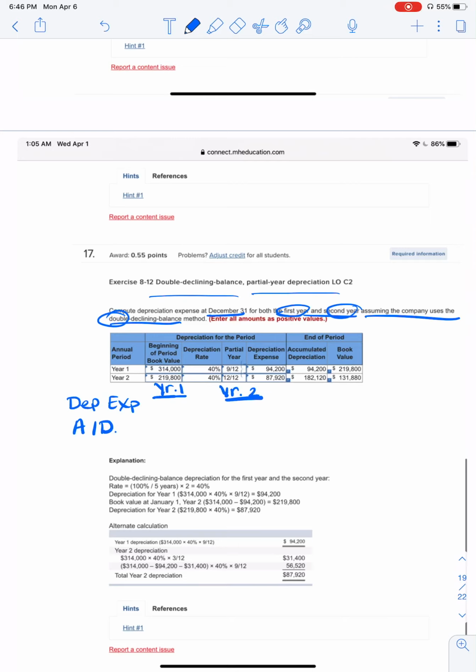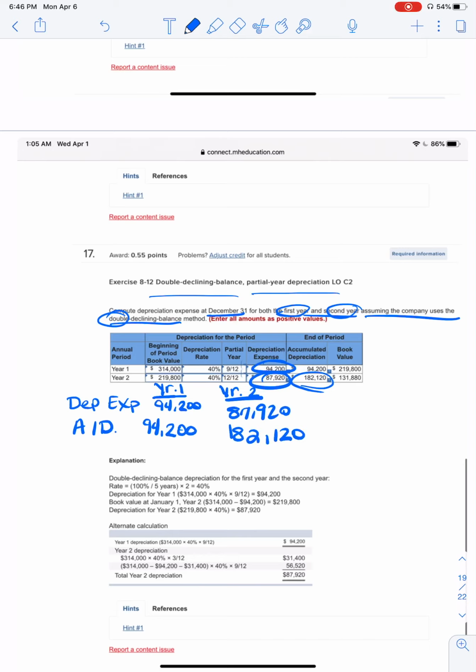So you'll notice that depreciation expense in year 1 is just this $94,200. And in year 2, it is $87,920. However, the accumulated depreciation in year 1 is still $94,200, but in year 2, that changes to be